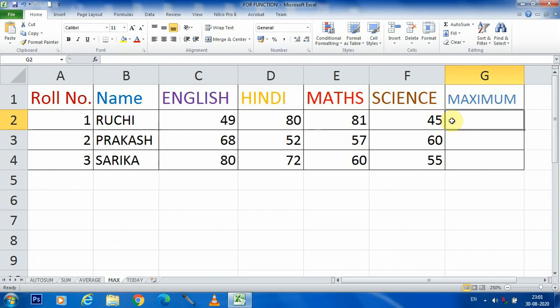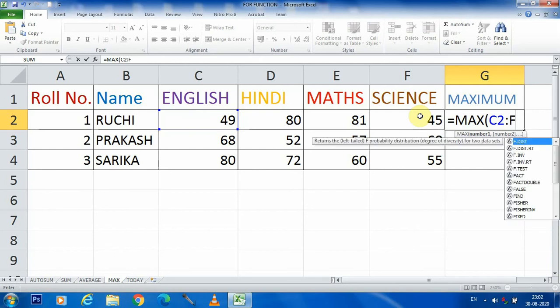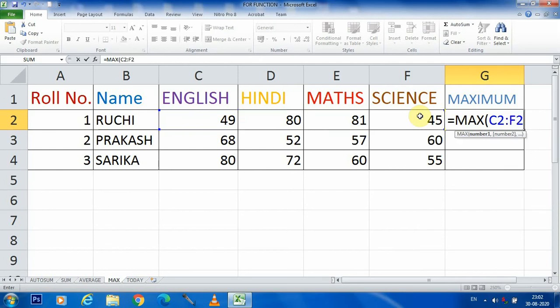Now I am going to use that one: equal sign, Max, I am giving an opening parenthesis, then the cell range C2 colon F2. Okay students, now I am closing this with a closing parenthesis and pressing Enter.